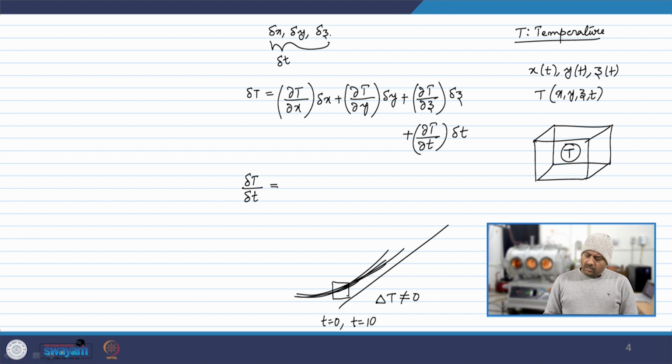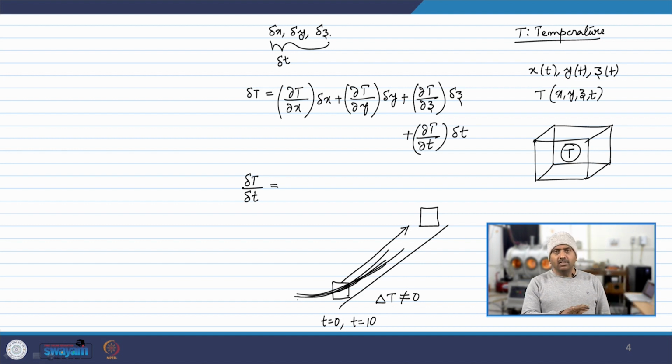Or you take the same time interval, t equals 0 to t equals 10, and you expect that this parcel by some buoyancy is rising across this landscape, and at t equals 10, there is no movement in the fluid. We can make it simple. We say that the fluid is at rest. It is static, stratified. But at t equals 10, the parcel is now experiencing a different air or different fluid around it. So, obviously, there can be some delta T which will not be equal to 0.